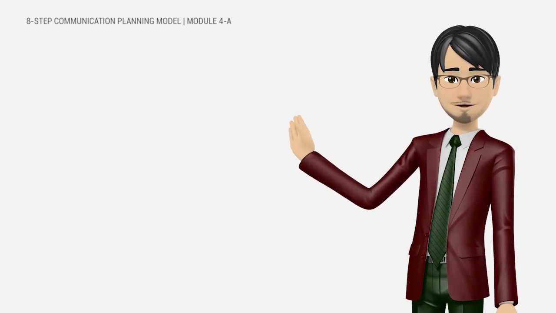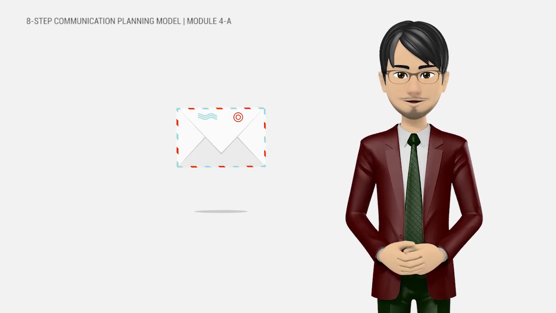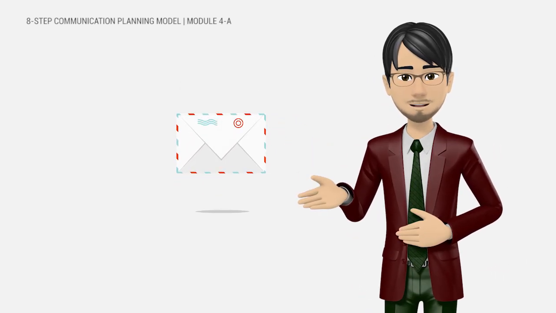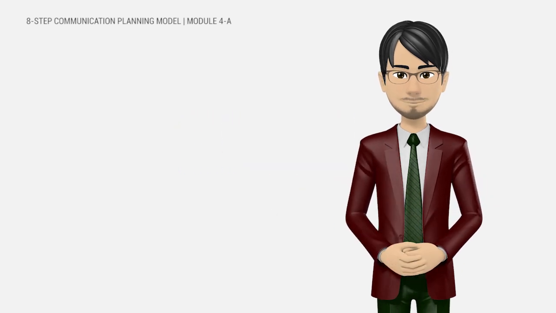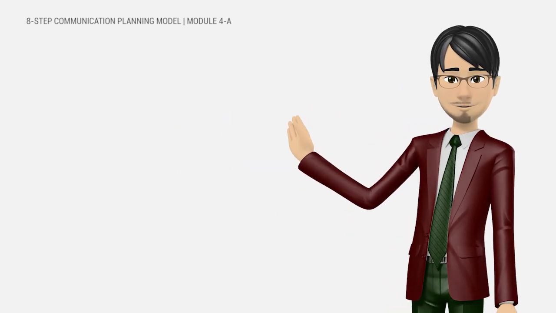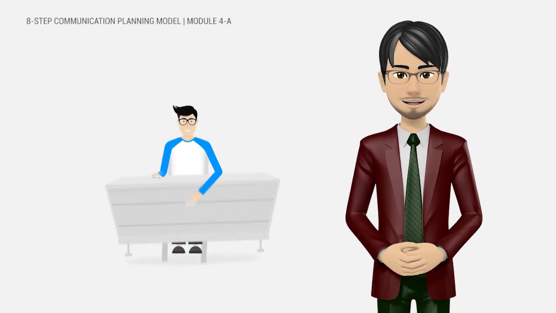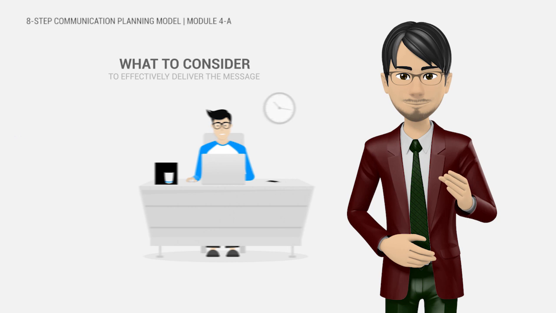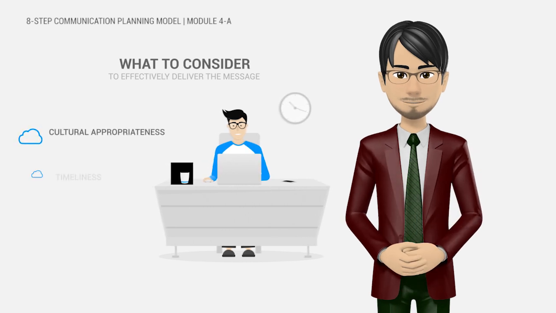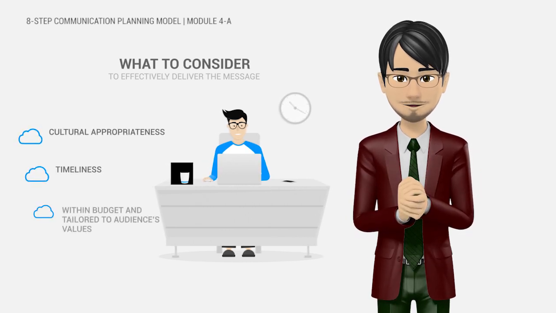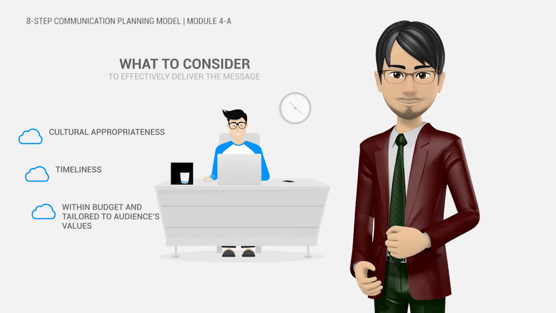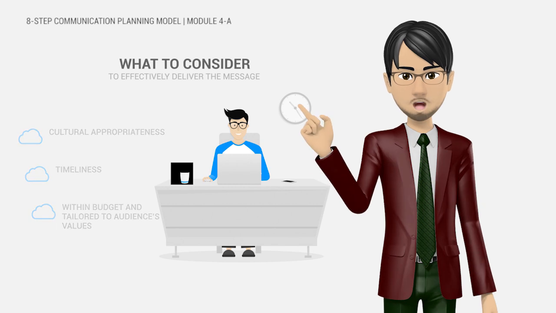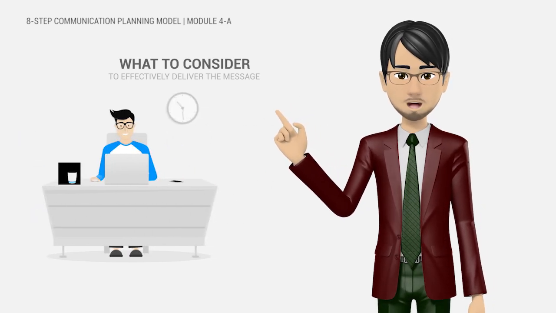After crafting a compelling message tailored for each target audience, we then identify the most appropriate avenues for delivering our messages. Here, we go back to our work in step 3 and review how to best deliver our message effectively and ensure that our communication will be considered to be culturally appropriate, delivered to our intended audiences in a timely manner, aligned with our budget and resources, and tailored to our intended audience's overall perceptions about our program.